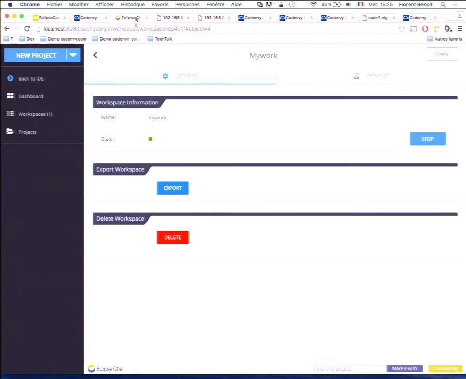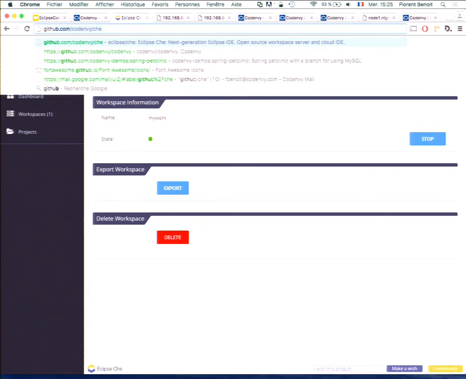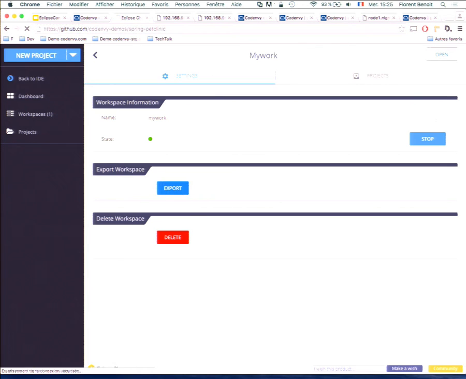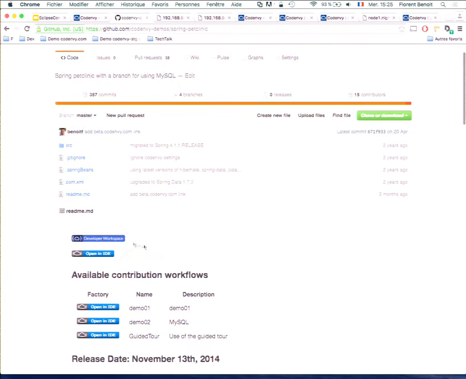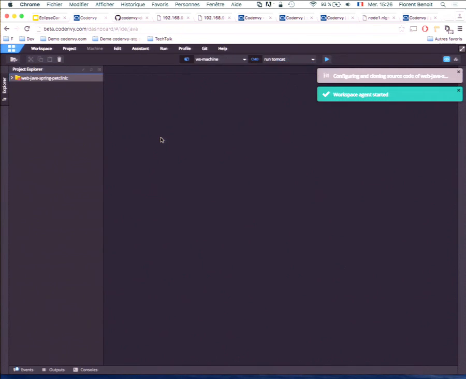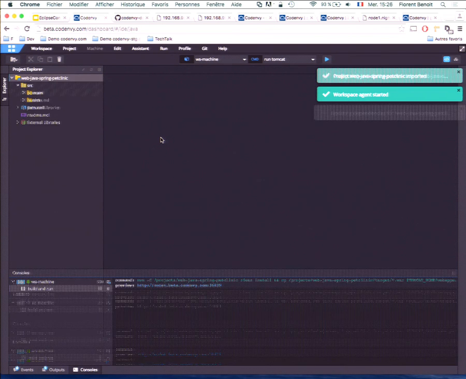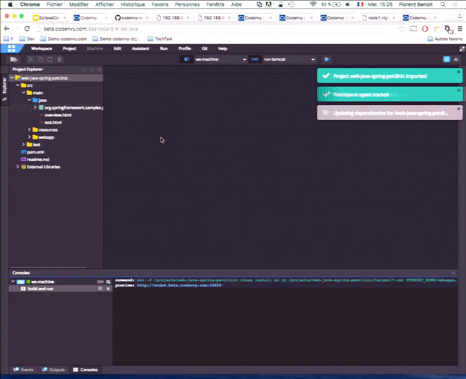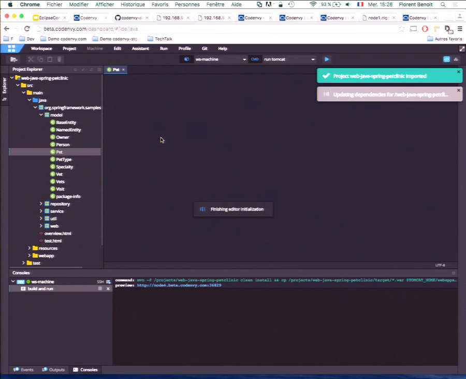And you can add this button, for example, on GitHub on your project. So, for example, you can add a developer workspace button directly inside your GitHub project. And if a user clicks on this button, it will open the IDE like this. Here we pre-configure the workspace to load a certain file, which is a file pet.